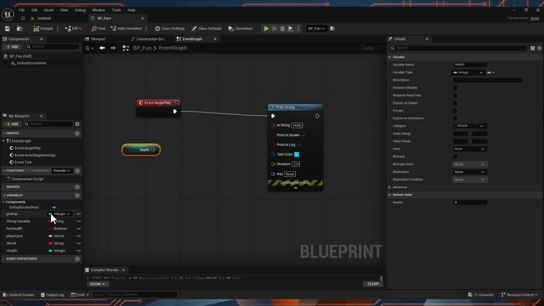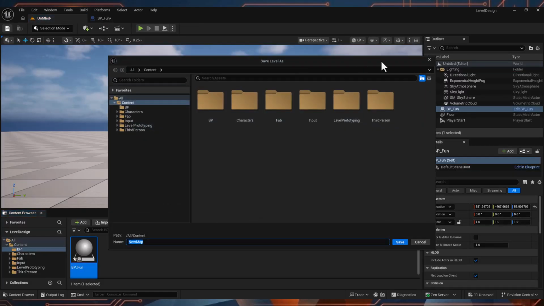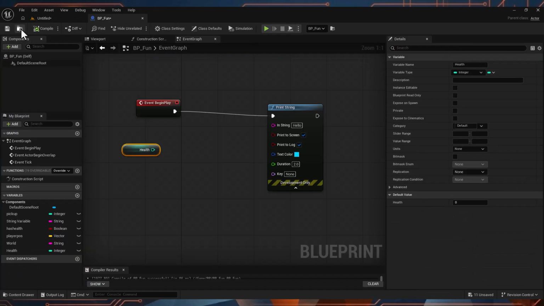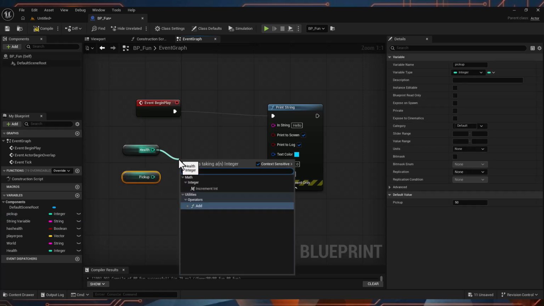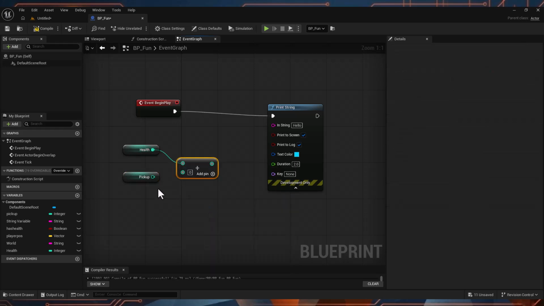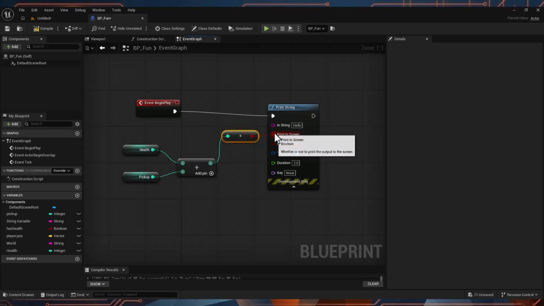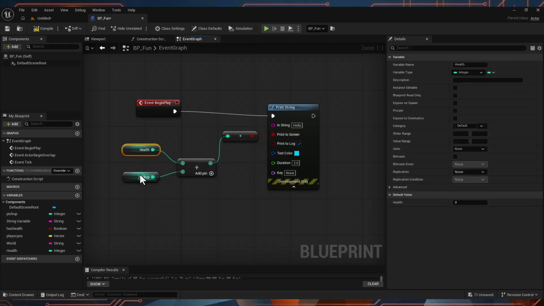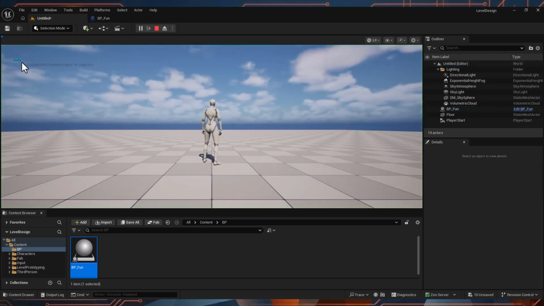So let's say I want to add to my health, which is currently 0. Let's close this out really quick and compile and save that. We want to add a pickup to our health. Well, inside of Unreal, there are different mathematical operators, right? There's a function for adding, so we can add these two together. Then if we print this out to the screen, we should get 0 plus 50, which should be 50. So let's press play, and we get hello,